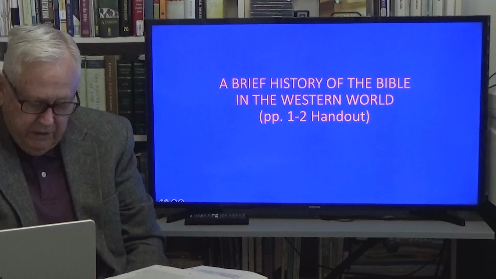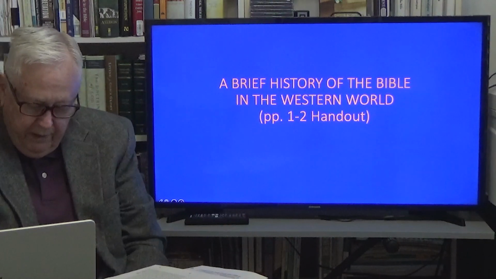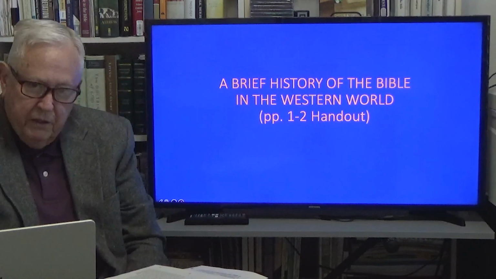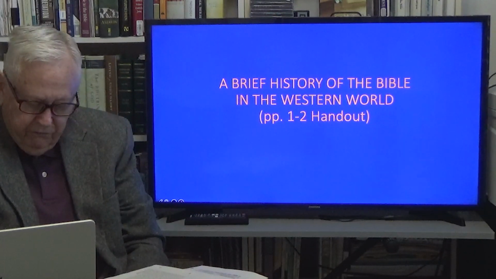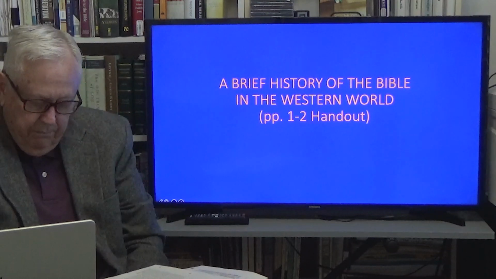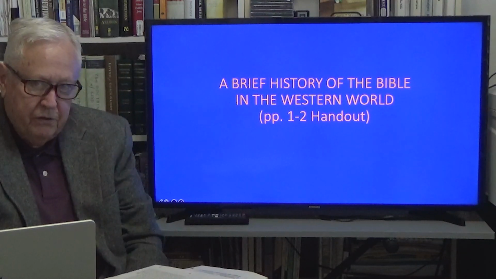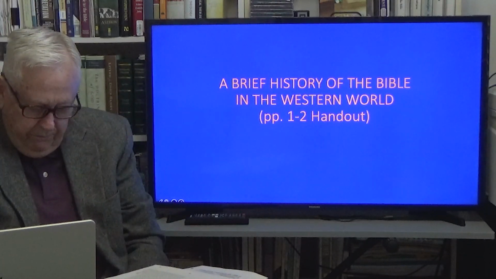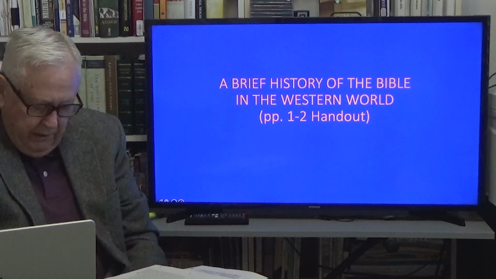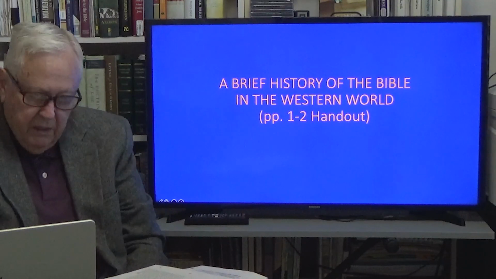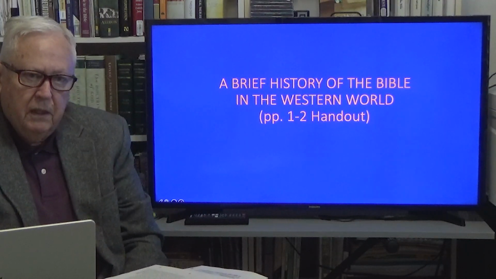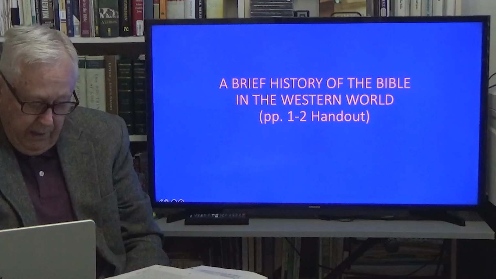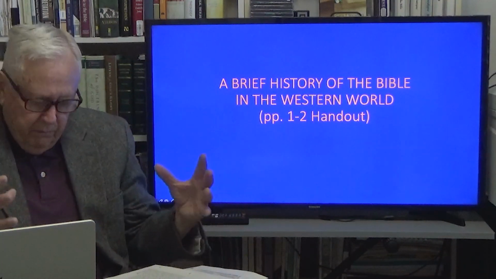Tyndale in 1526 printed the New Testament in 25. He was executed in 36 before finishing the Old Testament that he'd started in 1525. So Bible translators were in danger in this era of Western history, and a number of things have survived. But it wasn't until the mid to late 1500s and the 1600s that we started getting Bibles, and they started actually proliferating Bibles briefly, not too many of them, but a few.